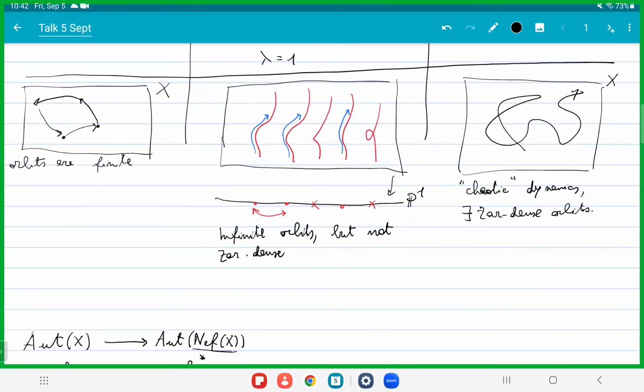Another important invariant that we can associate to this is called the entropy of the automorphism. It's simply defined as the logarithm of the lambda defined above. So in the case of parabolic transformations, it's 0 here, so we sometimes call this automorphism one of zero entropy. And in this case, h is bigger than 0, because the log of a number bigger than 1 is bigger than 0. And we call this one of positive entropy.